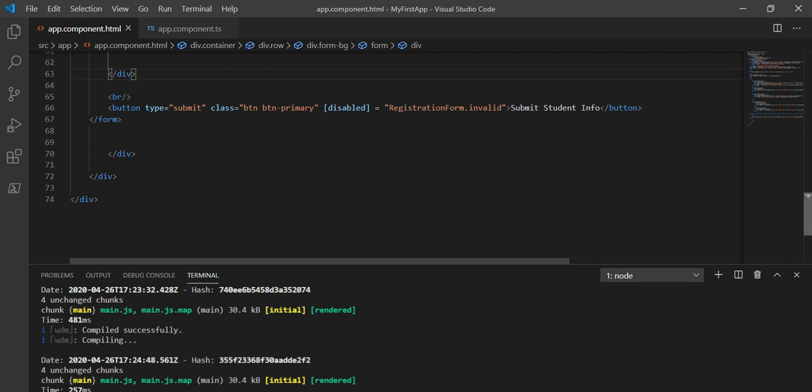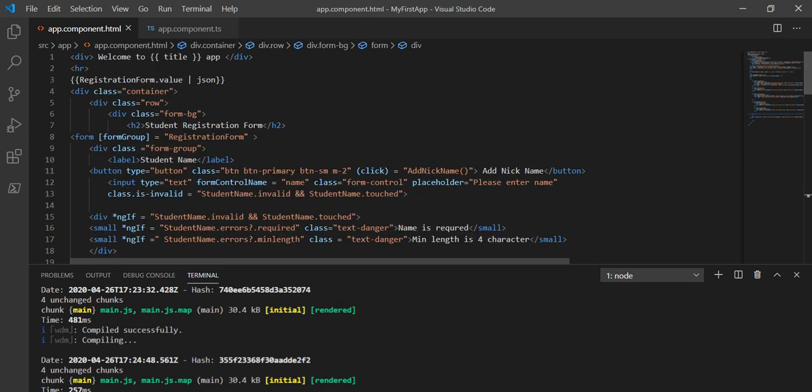Now we have to attach one button to this, and in the reactive form we have to add ng submit, and I will give the function name like on submit, and this will be the function.